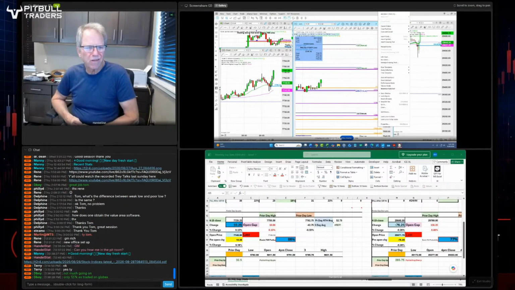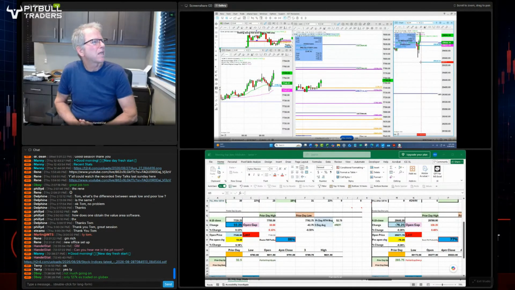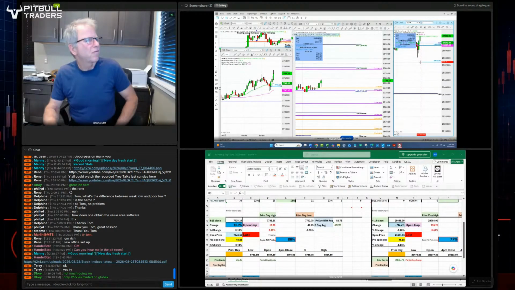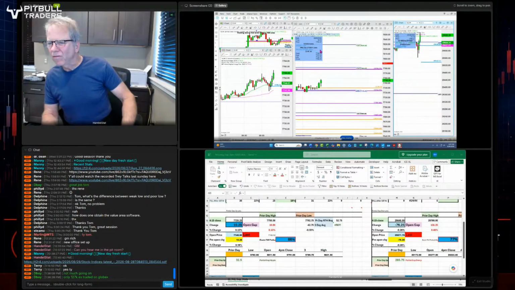Well, the NAS got in and filled the gap. Of course, it was down. The SPY did not. Once they start trading above the BGL, it's always kind of hard to short that. Let me go see if I can fix this now. I'm waiting for something else.